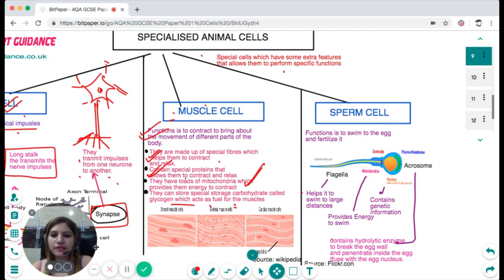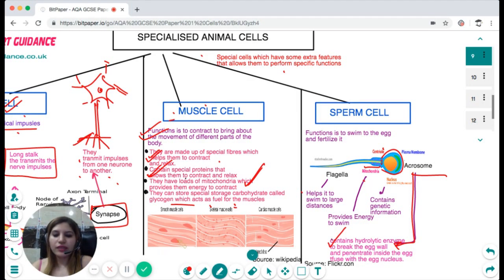Next is the sperm cell. If you look at the sperm cell, it looks like this. At the top, there's a head which has an acrosome, and this acrosome contains hydrolytic enzymes which break the egg cell wall and penetrate inside the egg to fuse with the egg nucleus. The middle piece has mitochondria. The mitochondria provide the energy to swim. The nucleus contains the genetic information, and the flagella is a tail-like structure which helps it to swim to large